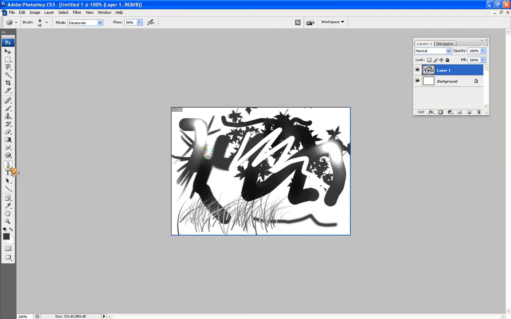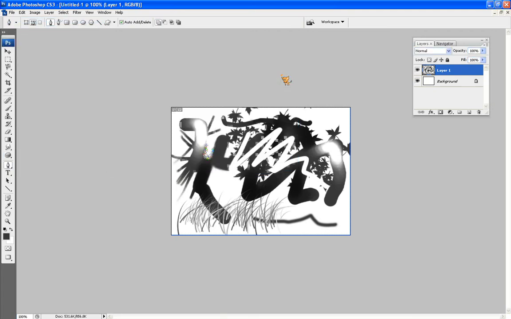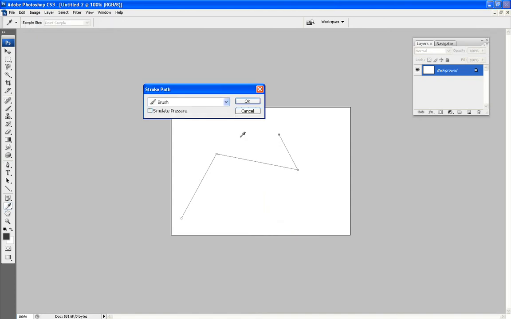The pen tool. Let me make a new file for this. I've been getting a lot of questions about this thing. Alright, so it's so easy. I cannot believe so many people are confused by this. You're like, click, click, click, click. Awesome, I have a line. Now what? Well, you right click and you do stroke path, and pretty much whatever your brush size is set